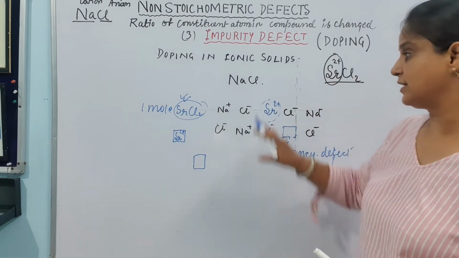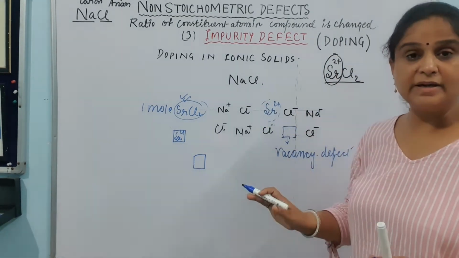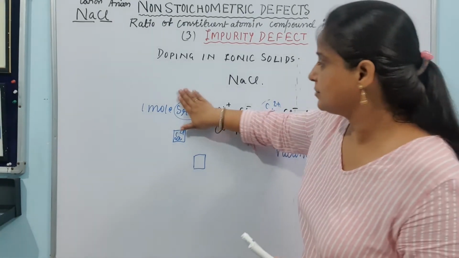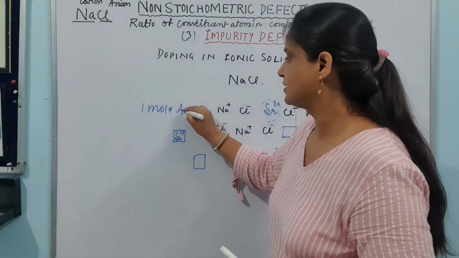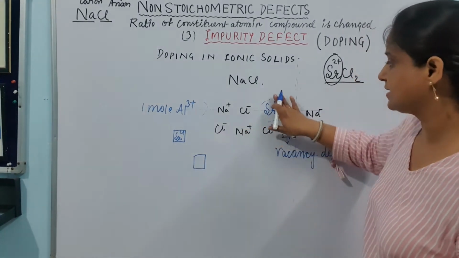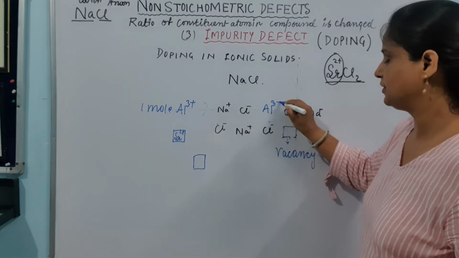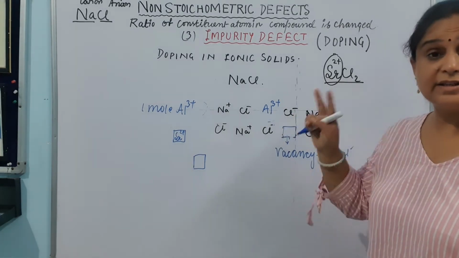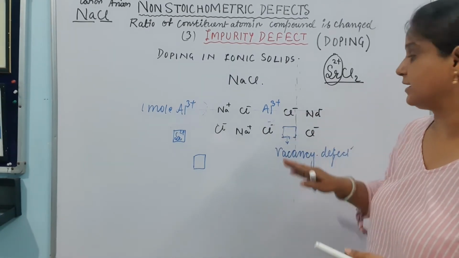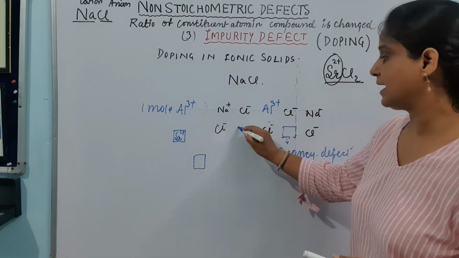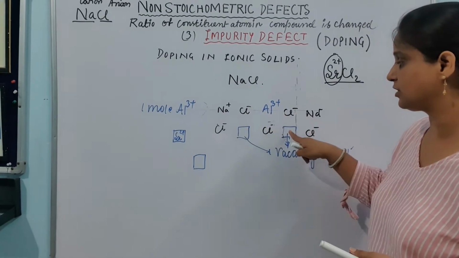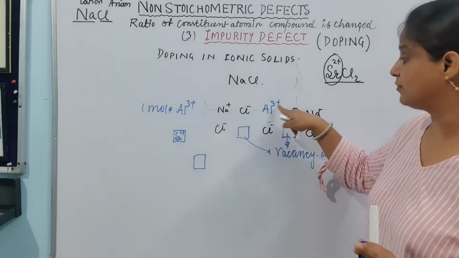In the case of ionic solids, the vacancies created will depend on the charge present on the ion. Okay, just imagine if I am adding something like aluminum chloride. क्या डाला इस बार मैंने? AlCl3. So this Al+3 ion is here. Now just to maintain the neutrality, 3+ को maintain करने के लिए we have to remove 3 Na+ and the vacancies created will be 2. This is vacancy, this is vacancy. 1, 2, 3 sodium ions will be replaced by 1 aluminium.